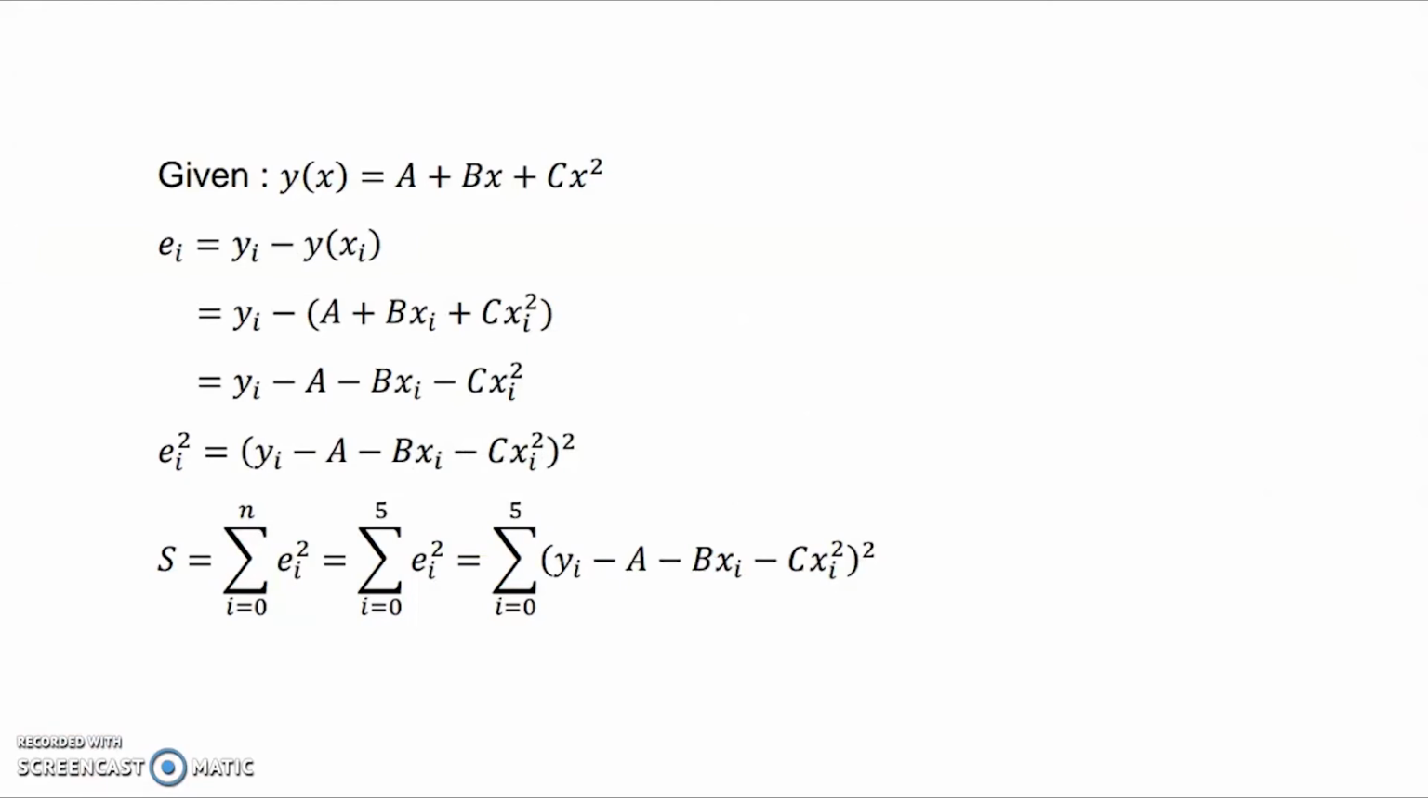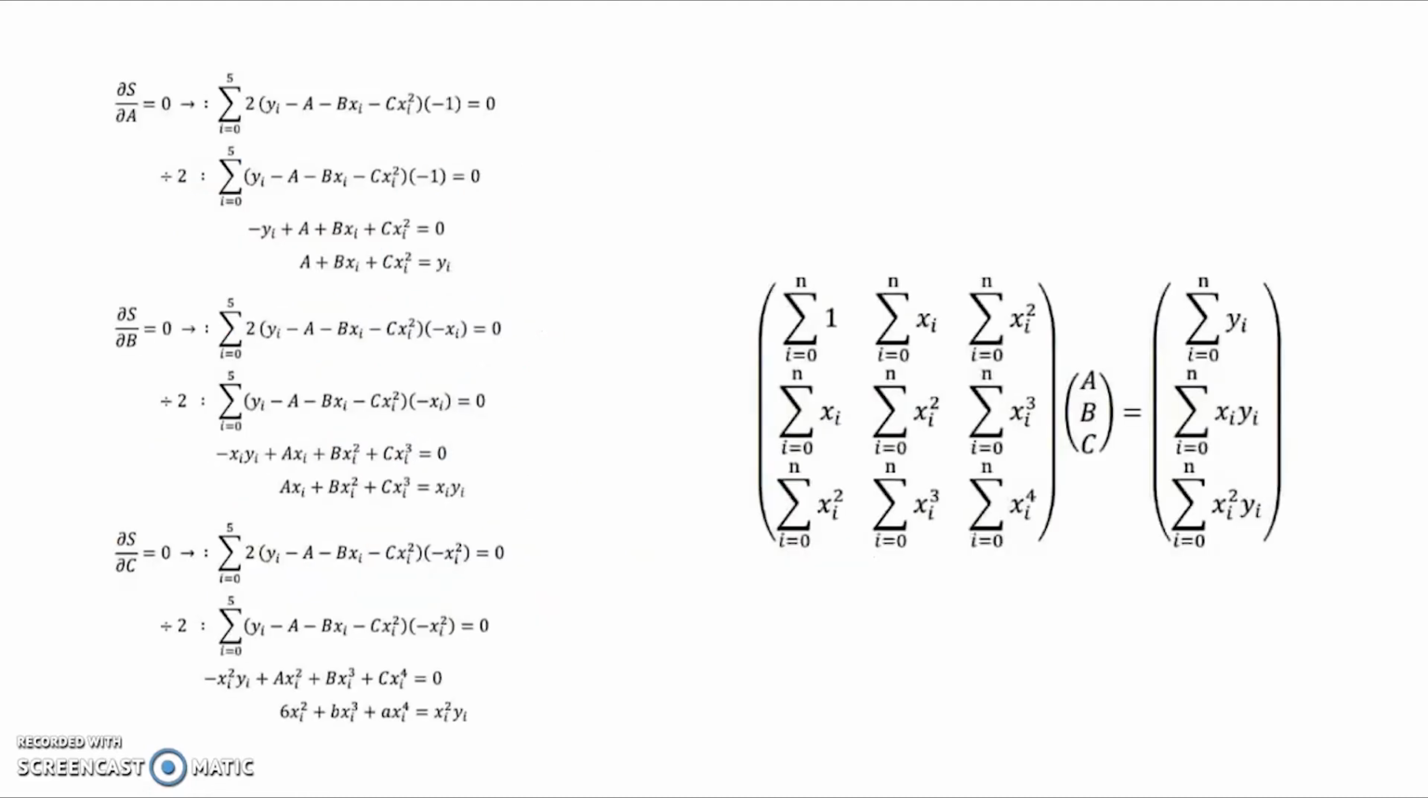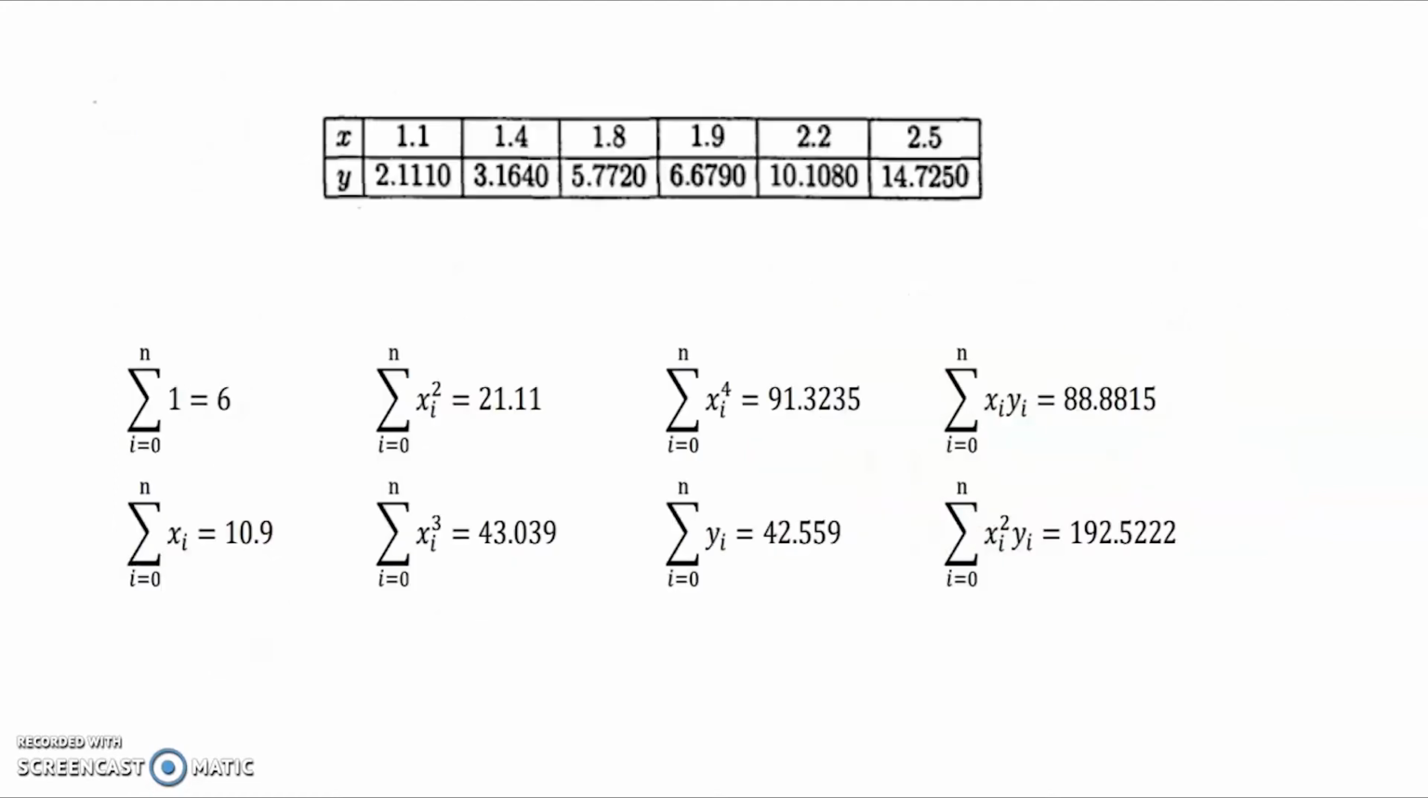This is the equation of s. From the question, we know the value of n equal to 5. After that, we differentiate the equation of s with respect to a, b, and c and equal them to 0. To get the unknown values inside the matrix form, we can insert the data from the table by using